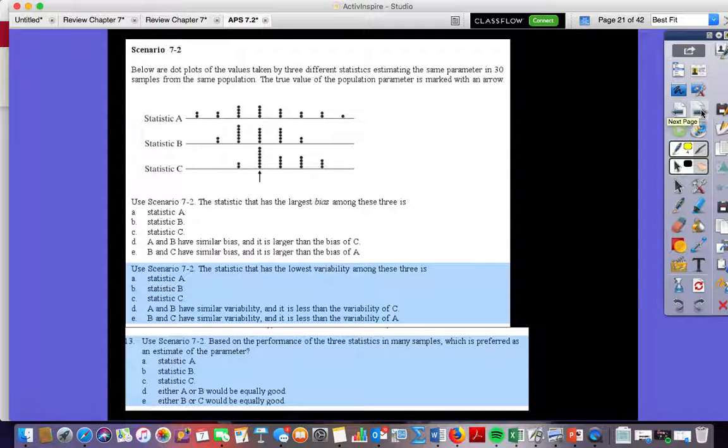Each one of these is 1 point apiece. This is not on your review sheet. This is just extra, so it's a good one maybe just to get down. Again, this is podcasting, so you can go back and check it out. Go ahead and just put the answer. So it'll be A through D, or A through E for all three of them here. And by the way, that arrow represents the true population parameter. Where is this? This is not on your sheet. This was a little bit of an extra that I added late in the game. Do you need me to blow it up a little more?